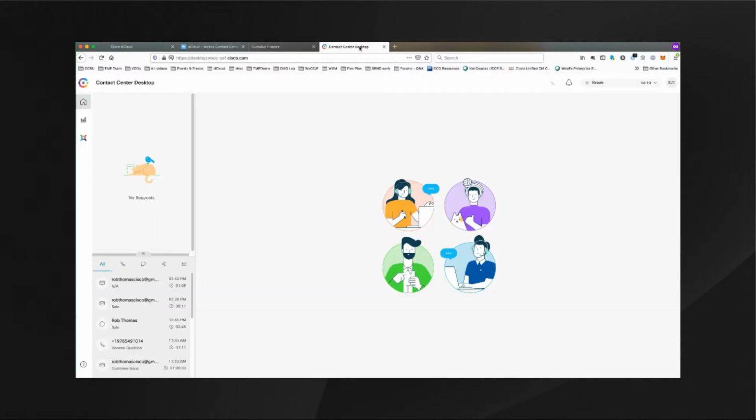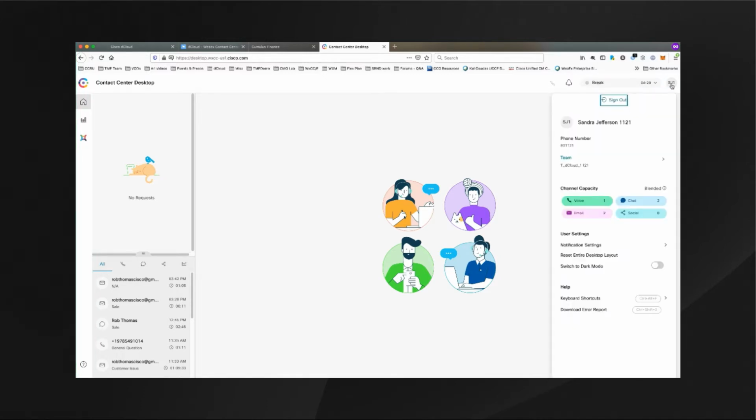So now we'll move over to the agent desktop, and we could see that our agent, Sandra Jefferson, is logged in right now, and she's in the not ready state. And I'll leave her in the not ready state for a minute so we can have a look around her desktop. When I click on this button, I can see some additional information, such as the extension that she's logged